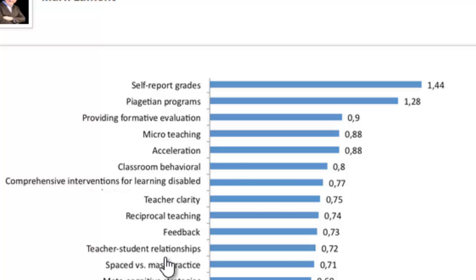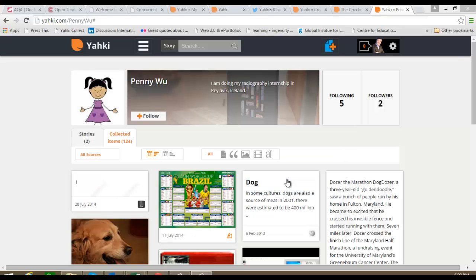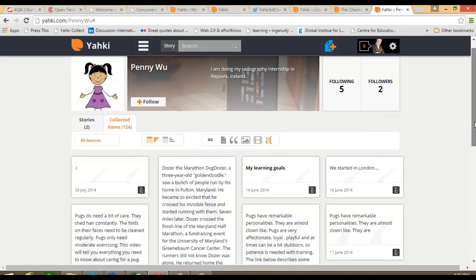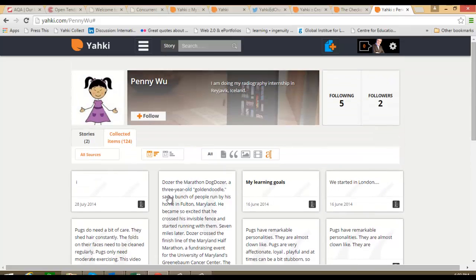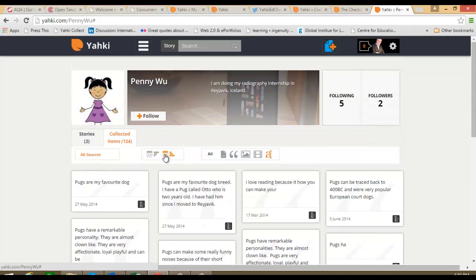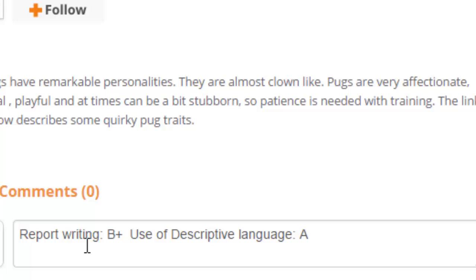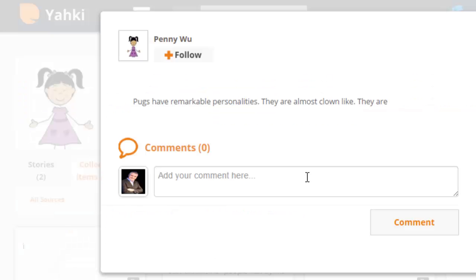on student achievement. In terms of the strongest contributor to student achievement under the Hattie research, that is, self-evaluation, Yahki is ideal in that it provides each student and teacher with an e-portfolio where students and teachers can reflect daily on their development of ideas, where students can filter on their writing and reflect on the change in their writing over time from the start of the year to the present, where students can self-report grades on their written work and other assignments, and where students can even add notes and reflections on their writing over time, and where others